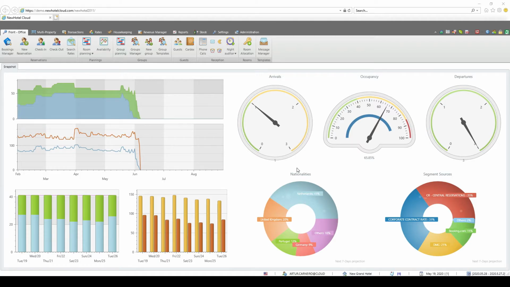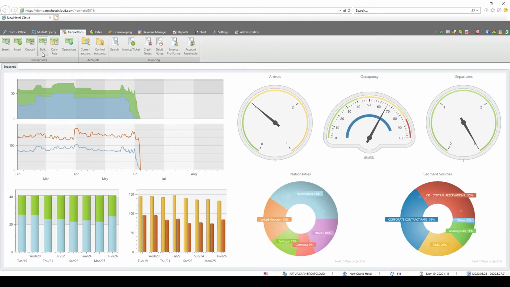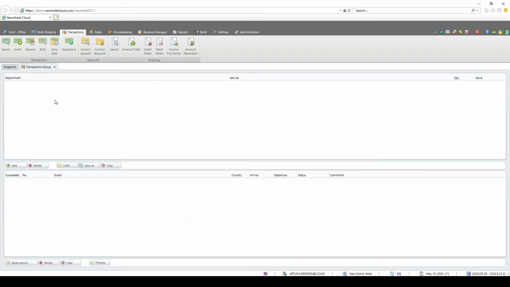To make the process of inserting services on group reservations more agile, the PMS has a feature that allows us to insert one or more services into reservations all at once. For that, we need to go to Transactions, and here we have the option Bulk Transactions. We open it, and in this window we have 2 boxes. The top one allows us to choose the service we wish to add to the reservations. So we click on Add,